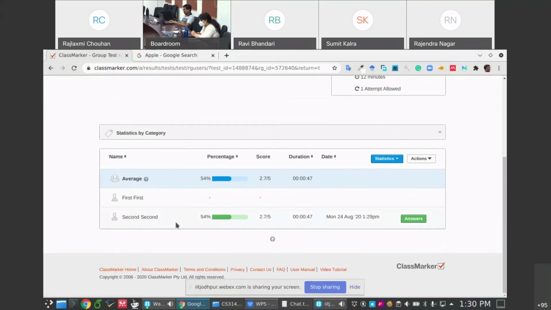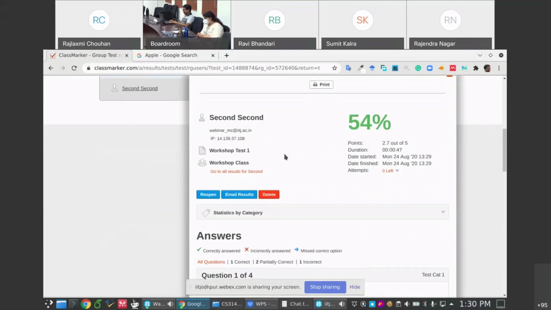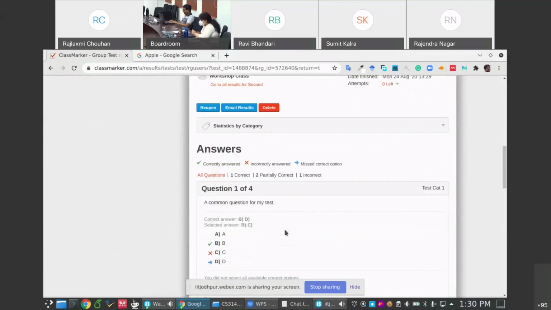So the second student attempted, got 2.7 out of 5. He spent 47 seconds in the questions, and if I open the answer, I have all the details: from which IP they have started, when started, when finished, and how much, then each answer.